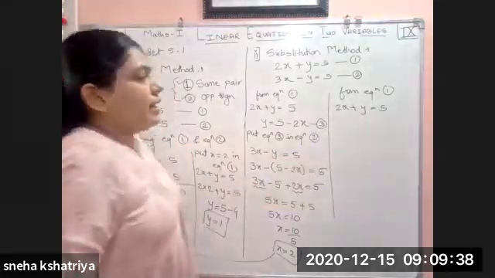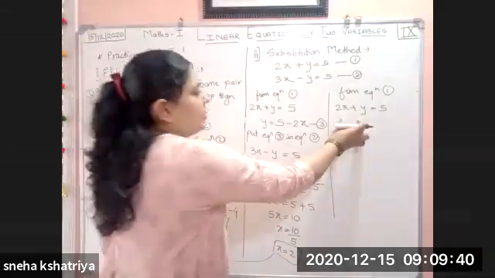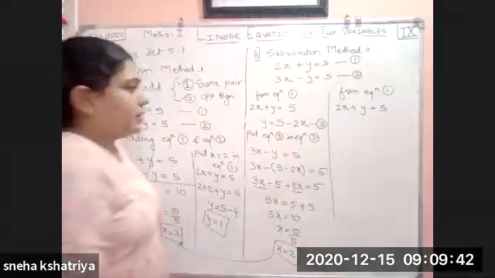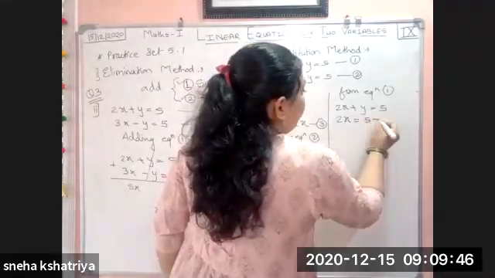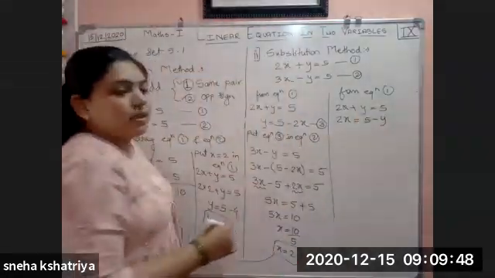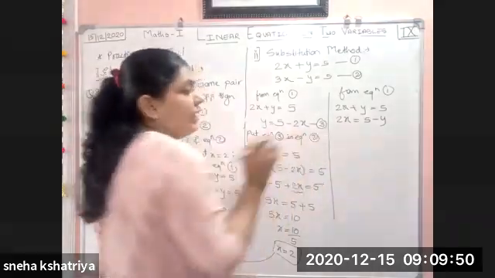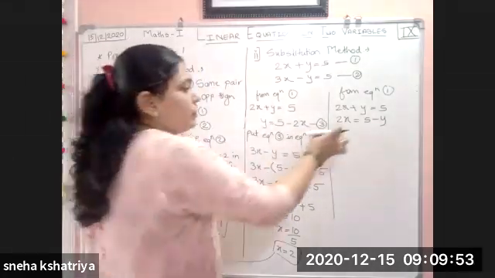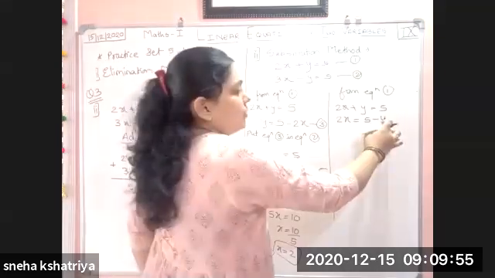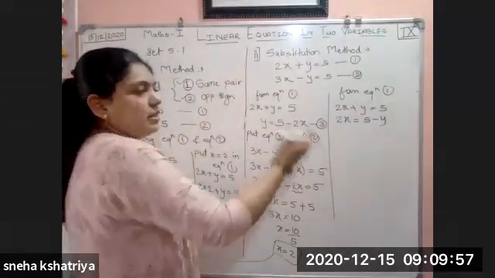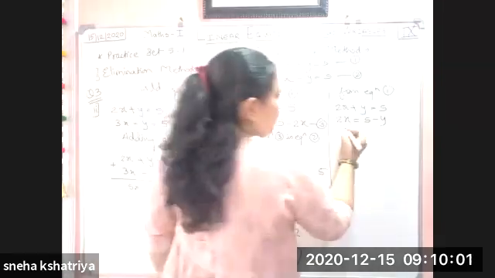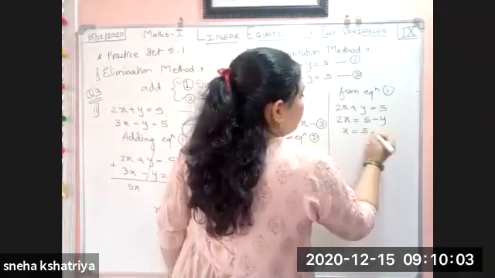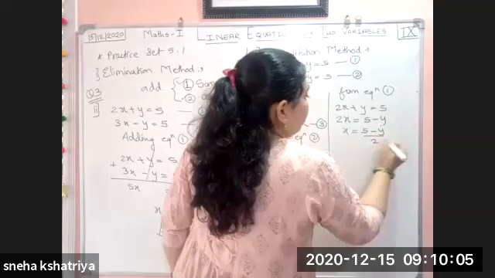2x plus y is equal to 5. So from this equation, I need to find the value of x. Then how I'm going to find out? See here. 2x is equal to 5 minus y. Shift this y to the right side. Now I need only x, not 2x, because I have to put the value of x. So 2, I'm going to shift to the right side. As it is multiplied to 2, so it will divide the number which is on the right side. So this becomes 5 minus y divided by 2.